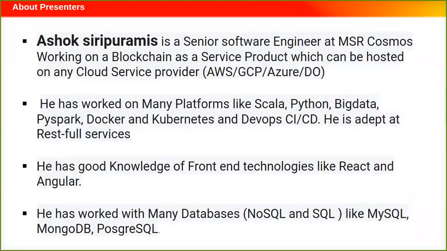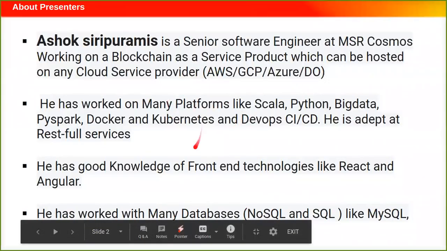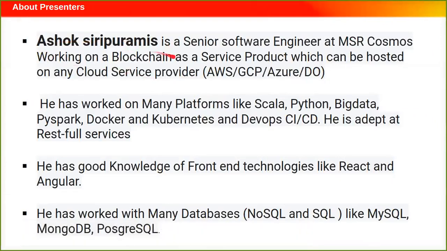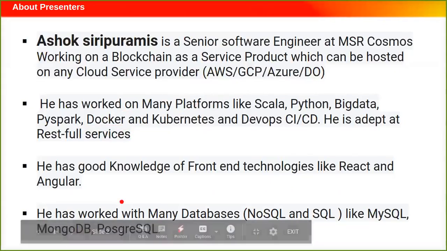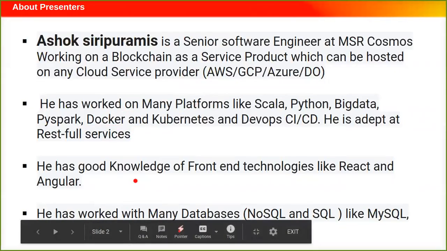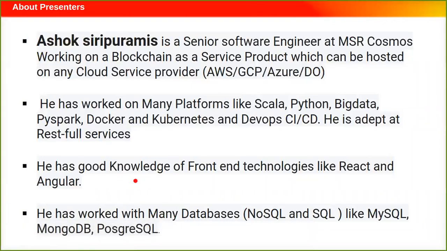So I think there's a quick bio of ourselves, and I think that Matt has already discussed ourselves. First one is Ashok. Ashok is coincidentally my senior architect, and we are building a blockchain solution which can be hosted on any other platform. The core part of this whole application is basically Docker and Kubernetes. And Ashok has a lot of expertise in Docker and Kubernetes and a lot of front end and database designing, and is a well-known architect.